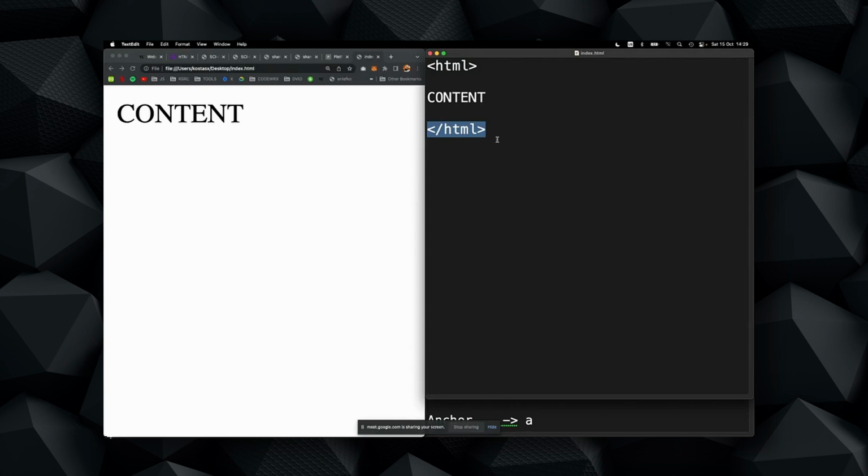Why is that? Because eventually it turned out that we could use the markup language for other types of documents, not just HTML. So we came up with this tag to distinguish between HTML files and other files that also used this markup syntax. So whenever we want to create an HTML file, we always start with HTML and close the HTML, and everything goes in between,